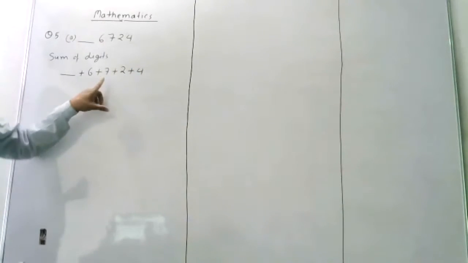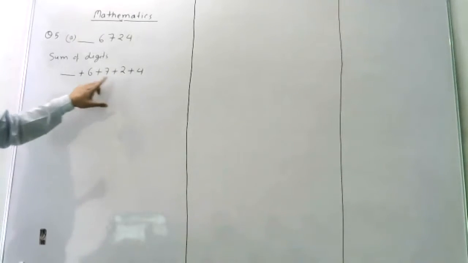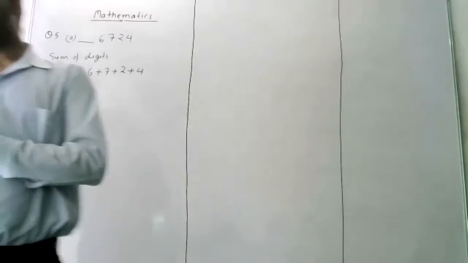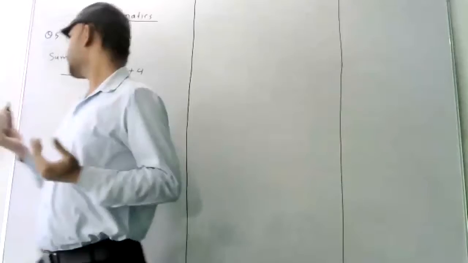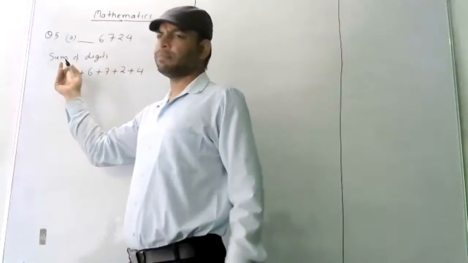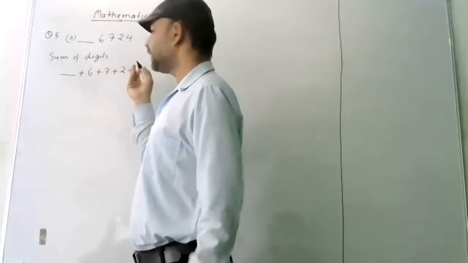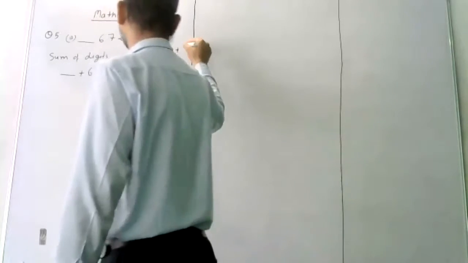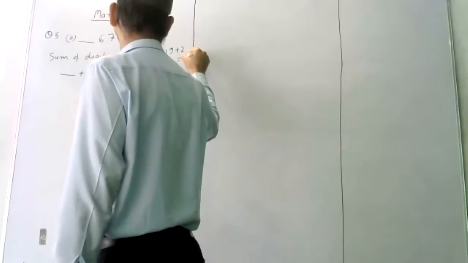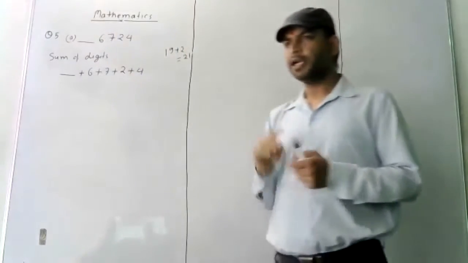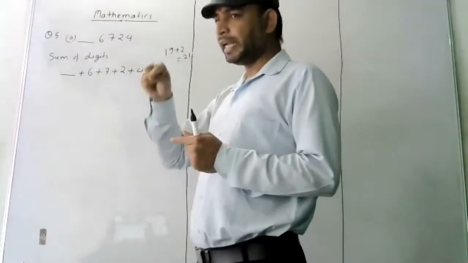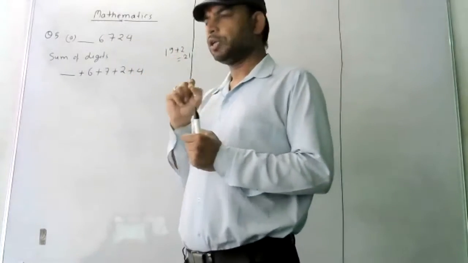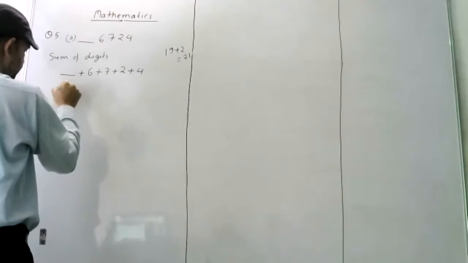Listen students, here 7 plus 2 is 9, 9 plus 4 is 13, 13 and 6 is 19. Now we have 19, and what should be the minimum number? 19 plus 2 is equal to 21. If we add 2 to 19, it becomes 21. So 21 is divisible by 3. So the minimum number is